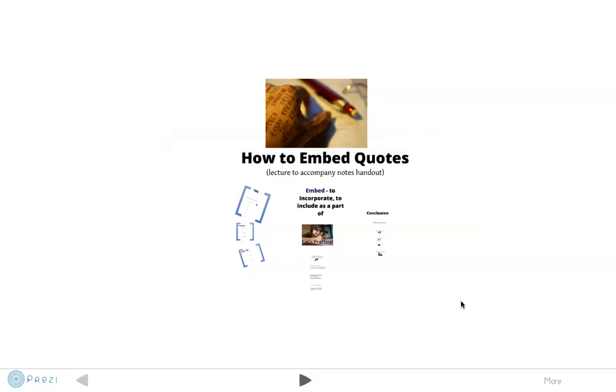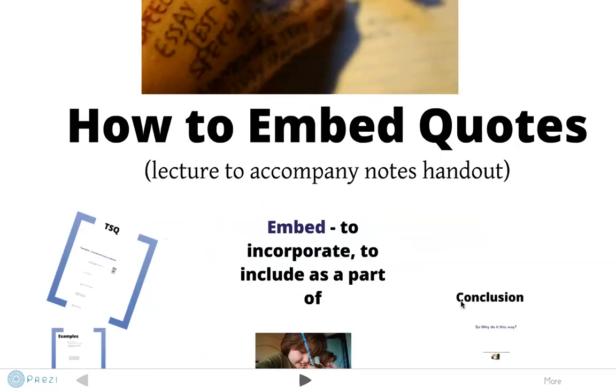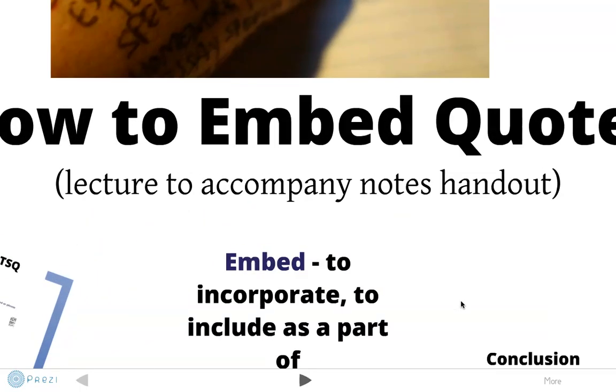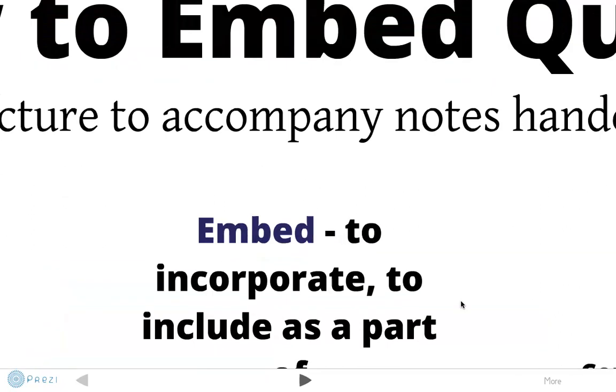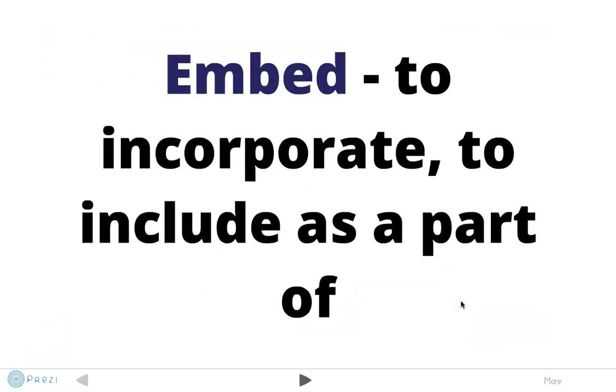In this video, I'm going to be talking about how to embed quotes. This particular lecture will accompany the notes handout that you have on embedding quotes, so feel free to have that out and follow along. First of all, I want to talk about the word embed and make sure you understand